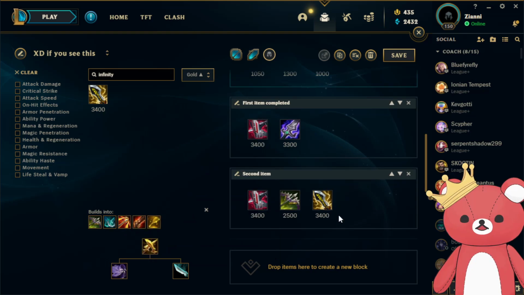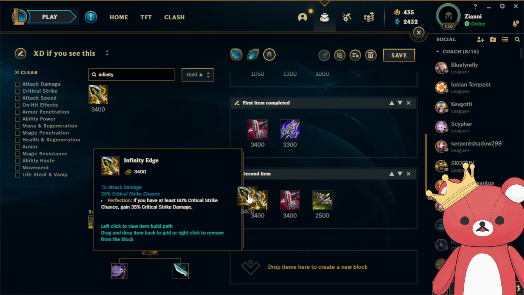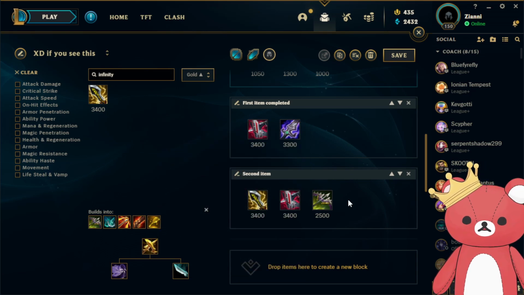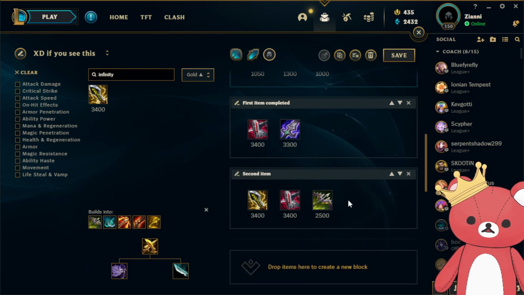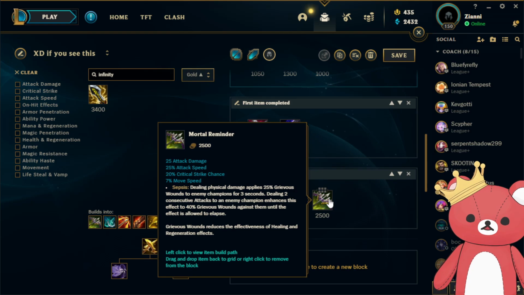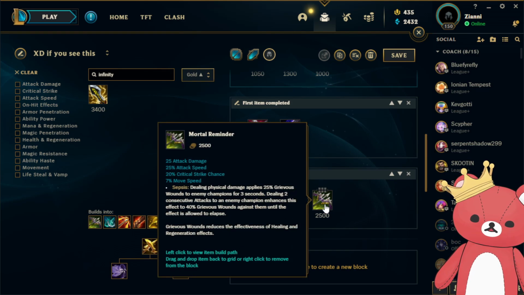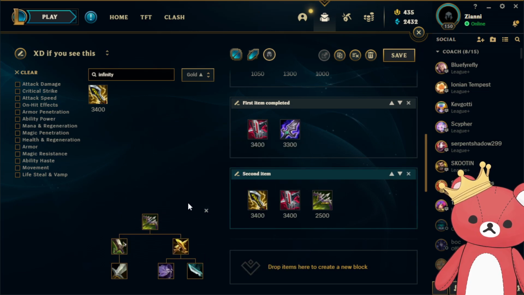If you're against a really heavy sustain matchup where you're going to need additional anti-heal, you can go Mortal Reminder. This is stuff like Cassiopeia, Aatrox. It doesn't really happen that often, and they also just nerfed Grievous Wounds. So it's very rare that you get to build this item, but keep in mind that this does build out